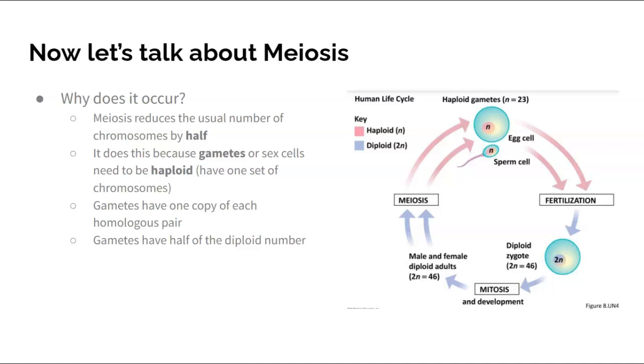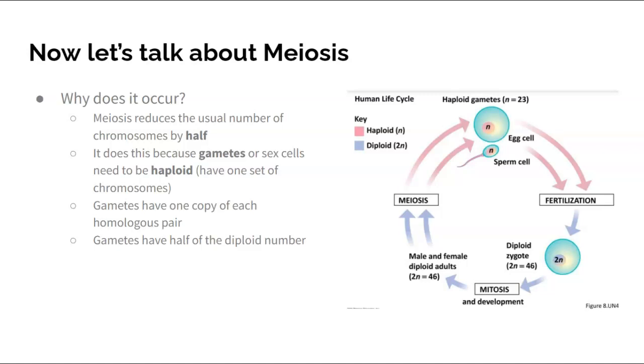It does this because it's producing gametes, or sex cells. And in humans, a gamete would be a sperm cell or an egg cell. These haploid, meaning one set of chromosomes, haploid gametes have to only have 23 chromosomes because when they come together, when a sperm and an egg cell come together, then you add 23 and 23 and you get 46. If they started out with 46 already when they came together, then you would have 92, and that's just too